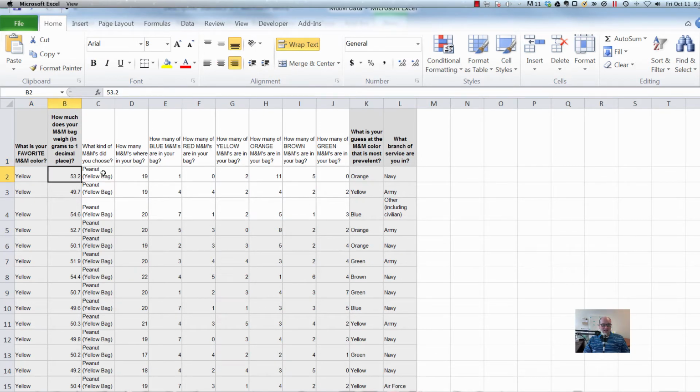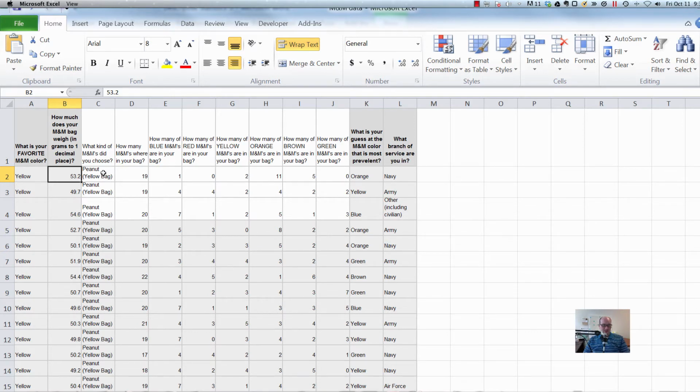So if I wanted to know what the average of all the M&M bags were, well, I'd have to look at all of these numbers going straight down this column B. Right? That's what we'd want to look at. All right, so another thing about data then, we talked a little bit about in class, there are really three